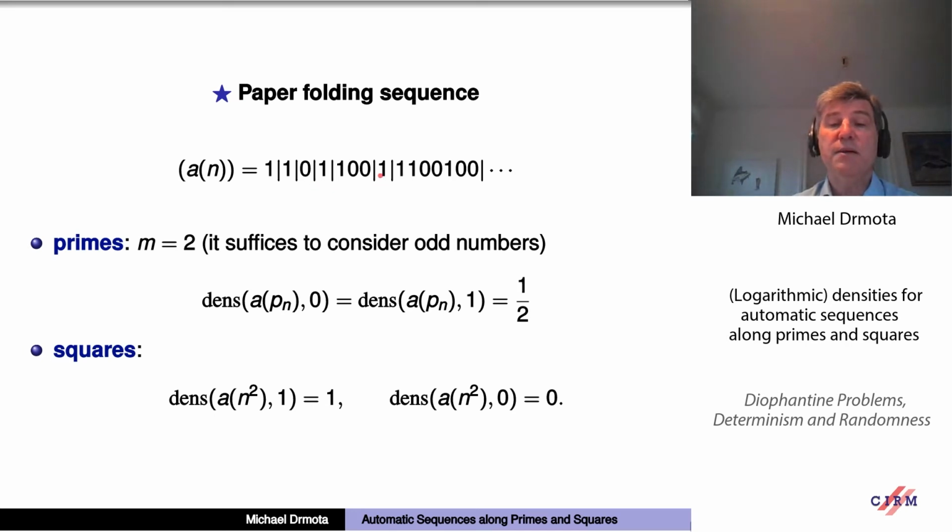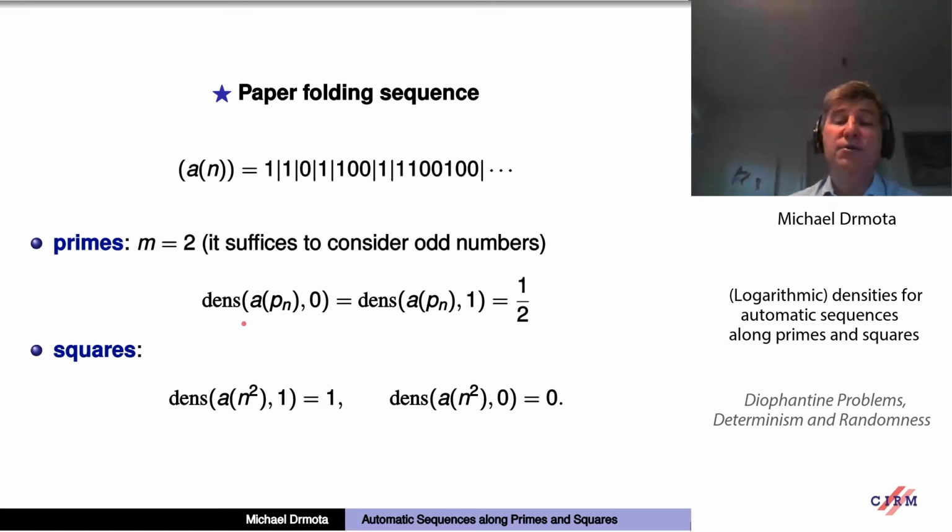And again, we append a 1, and then we append the inverse of the sequence that we see here. So we append 1, 1, 0, 0, 1, 0, 0, and so on and so forth. This paper folding sequence is an automatic sequence. It turns out that in the prime case, this strange integer m is 2, so it's sufficient to consider odd